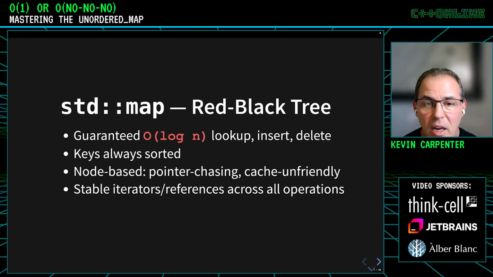And it is, but that may not be the thing that you need, right? And so it's node based, which means it's pointer chasing. And because of that, it's cache unfriendly. The pointer chasing gives us part of that guaranteed O(log n), and it makes the trees very easy to use and be consistent on. But again, we lose the cache friendliness. And then stable iterators and references across all operations. I mean, that can be really important depending upon what you need, because that is something you have to watch